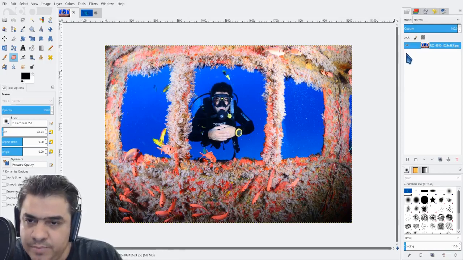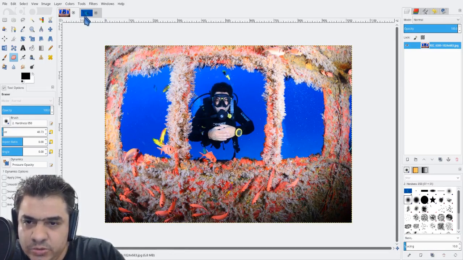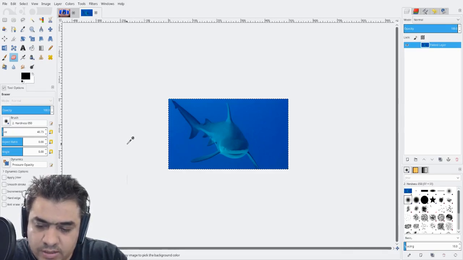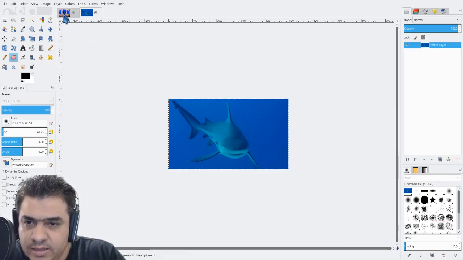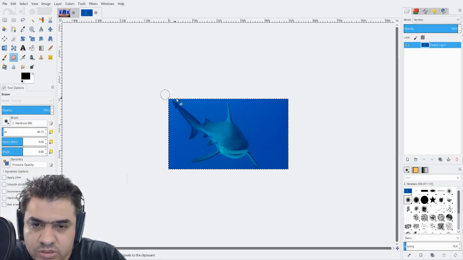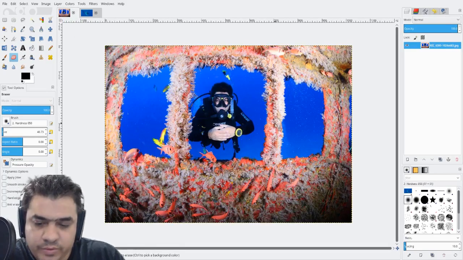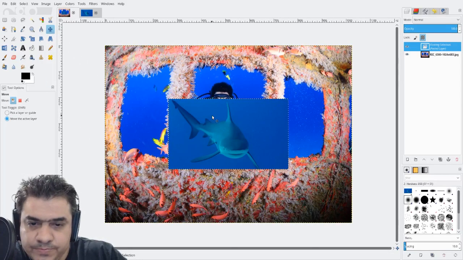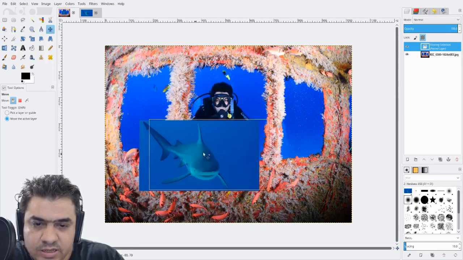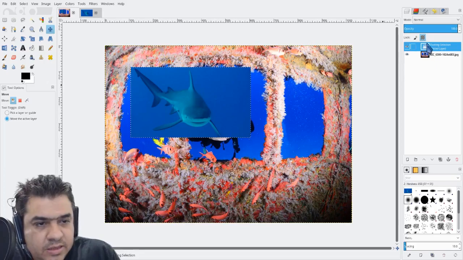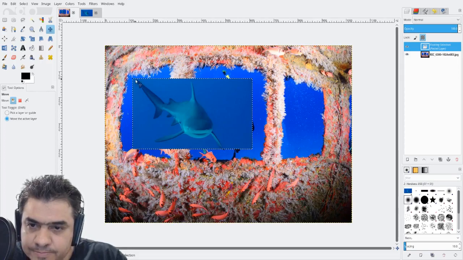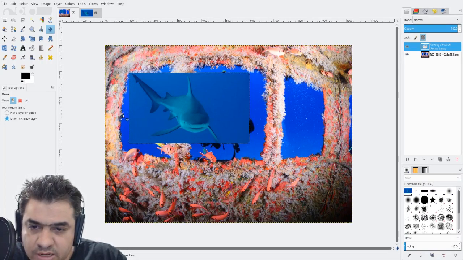So the first thing about layers is that you can have, instead of two pictures, one. You hit Ctrl A to select everything, Ctrl C to copy, and here you press Ctrl V and you paste it. Let's select the move tool, and you can see it's a layer. On your right you see it's written floating selection. If I click outside the layer,